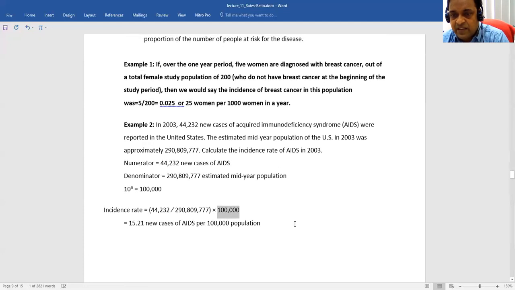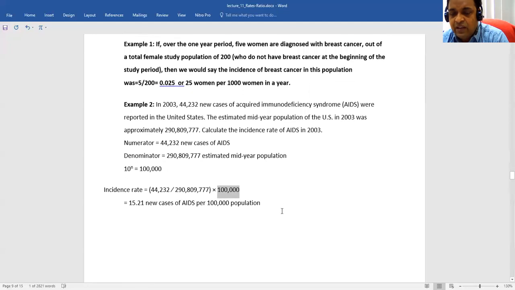So incidence rates: time and disease are very important. And what is the time? Year, month, week, or maybe the day. And how many people are developing a new disease? It may be AIDS, breast cancer, diarrhea, or now COVID-19 coronavirus. So what is the chance in the next 1 month? That is, how many people are going to develop the coronavirus in the next 1 month in Bangladesh.